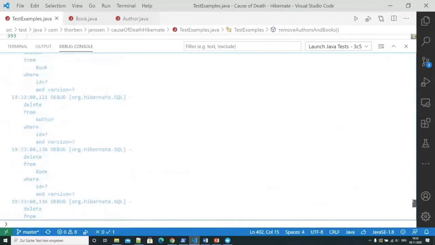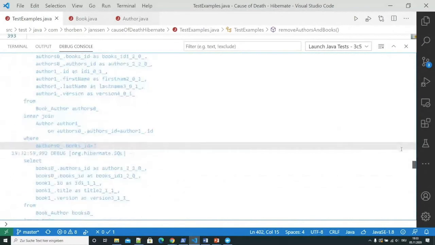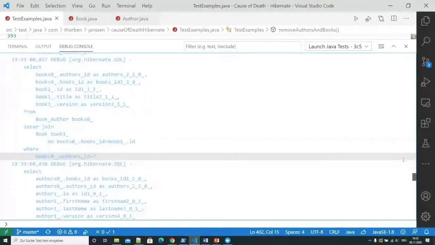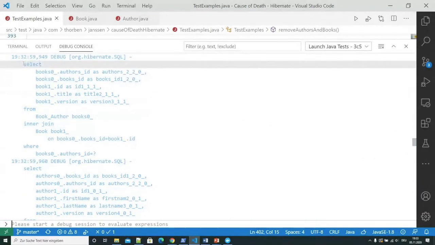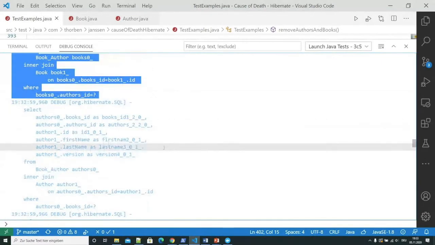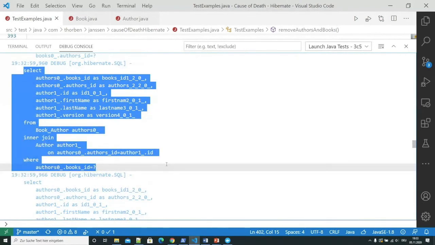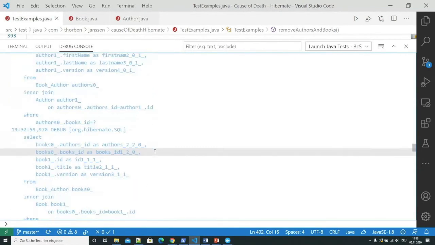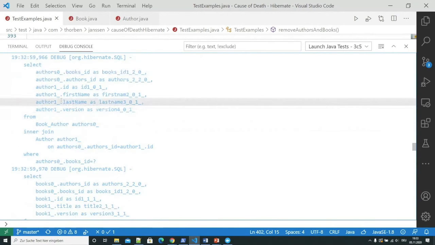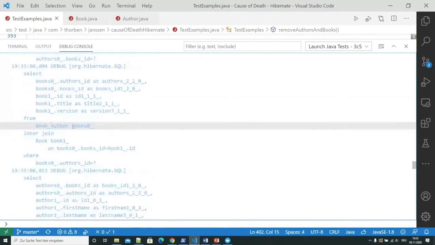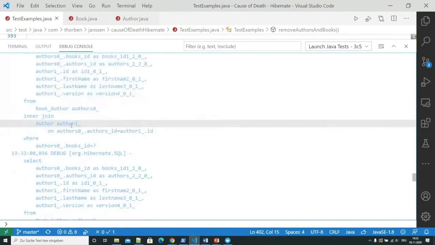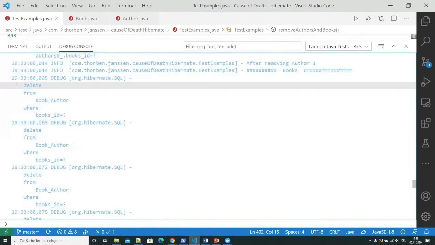We actually removed our full database. Where does it start? So we got a book and the authors of that book, and fetch more authors and more books and so on before Hibernate triggers the delete statements.